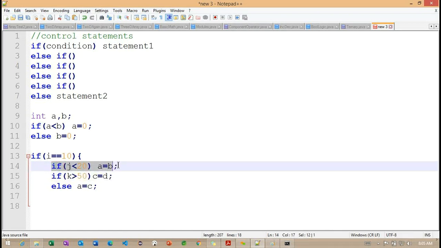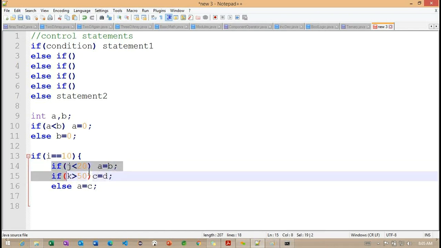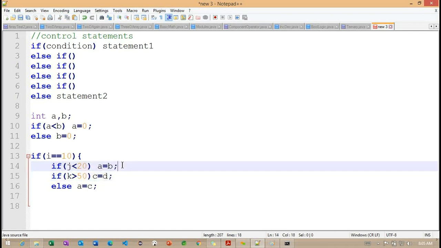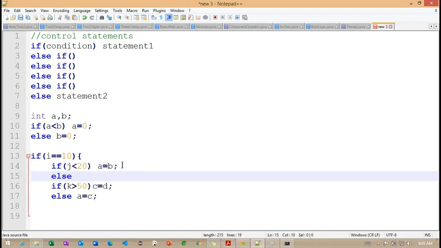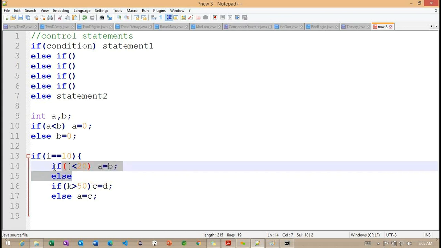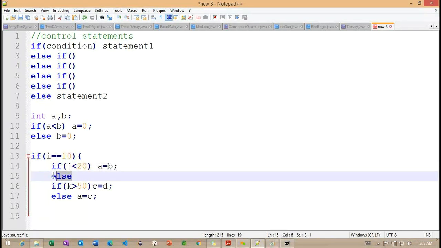Even if this condition is returning true or false, it does not depend on the one more if condition here. Getting the point? Whenever we define an else condition here, what happens internally? It works based on this if condition. If this if condition is returning false, then only the else block is going to execute here.